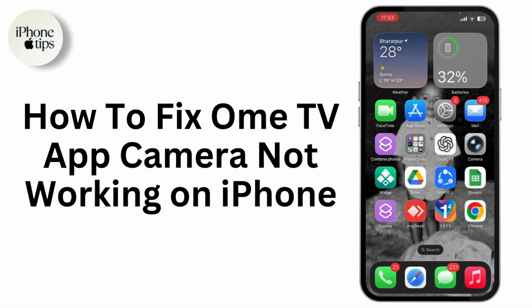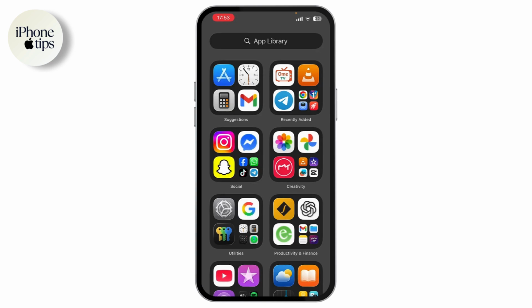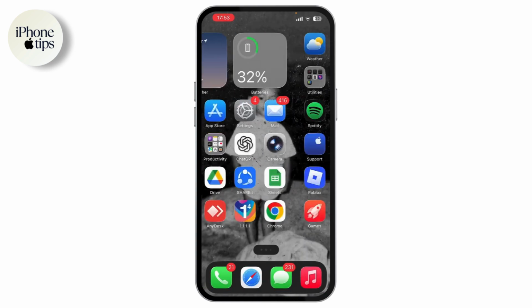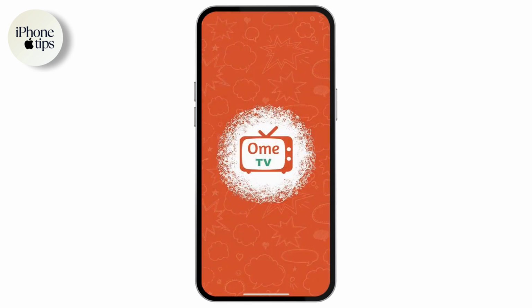How to fix ometv app camera not working on iPhone. So if you want to fix ometv app camera not working on your iPhone, then what you need to do is first you just need simply install ometv. Once you have your ometv application, the next thing you need to do is open up your ometv and allow